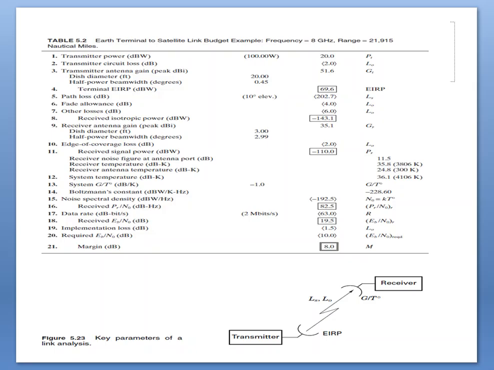So these are the parameters we consider, tabulated from 1 to 21, at a frequency of 8 GHz with a range of 21,915 nautical miles from the transmitter to receiver. The gain or